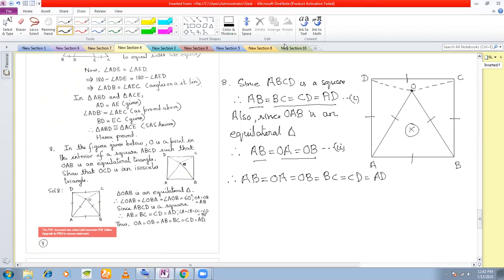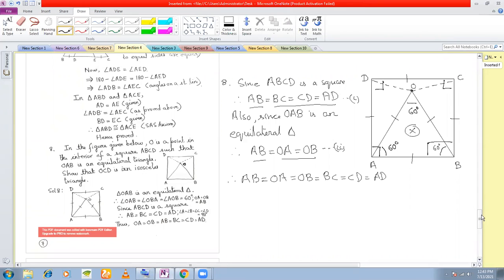Now what you see here is that this is an equilateral triangle here, right? This triangle here is equilateral. So therefore, all the angles of this triangle must be equal to 60 degree. Okay, so let's mark it here. So this is 60 degree. This is 60. This is also 60. Also what you see is that since this is a square, this must be 90 degree. All the angles must be 90 degree. Right? So this angle is also 90 degree. Yes, any question till this part?